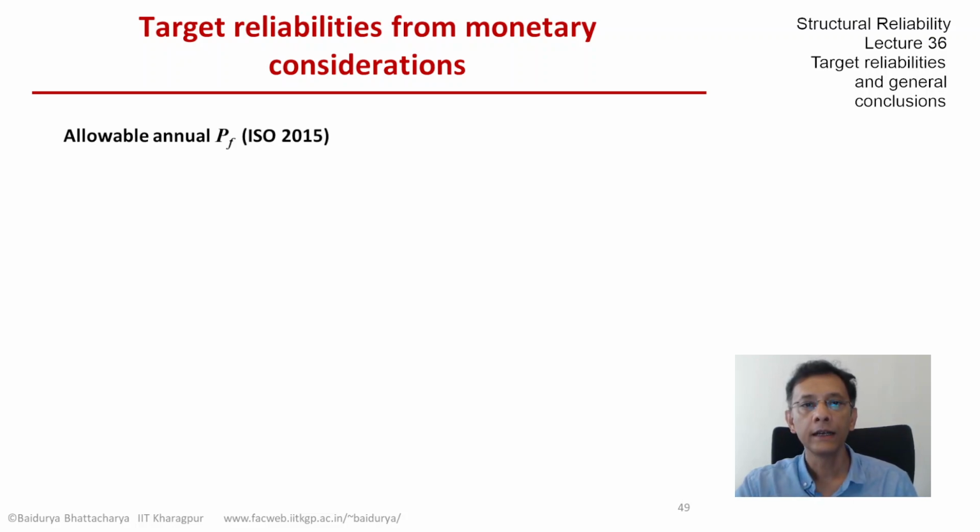Thus, we see in all these surveys that we presented in this lecture and the earlier one that the target reliability should be based on the consequence of limit state violation, and the most severe of all consequences is the loss of human life, and the larger the consequence, the more the target reliability should be.